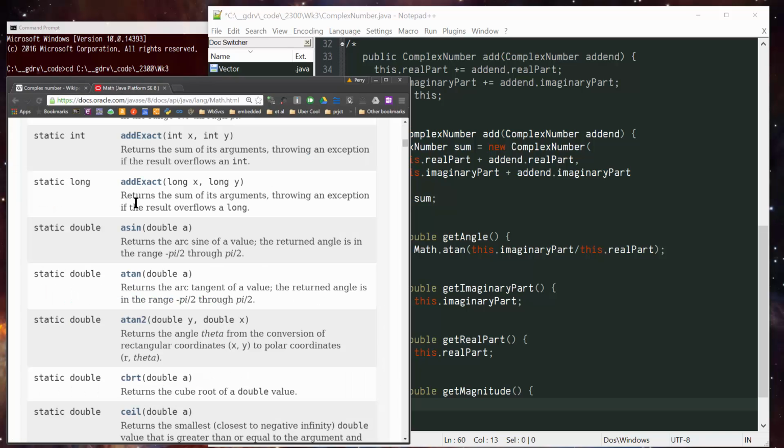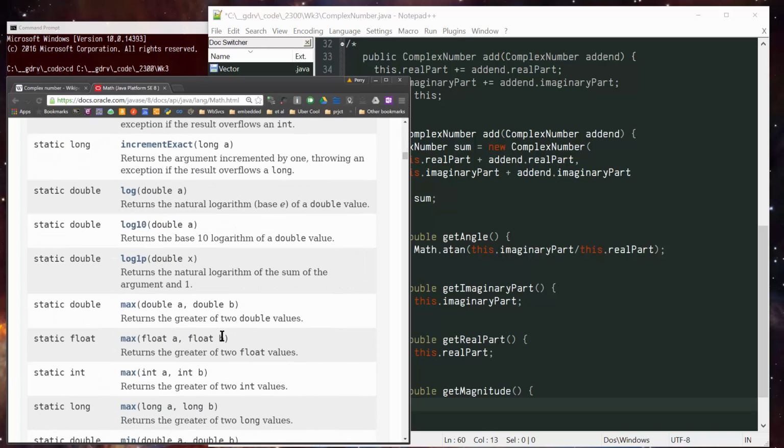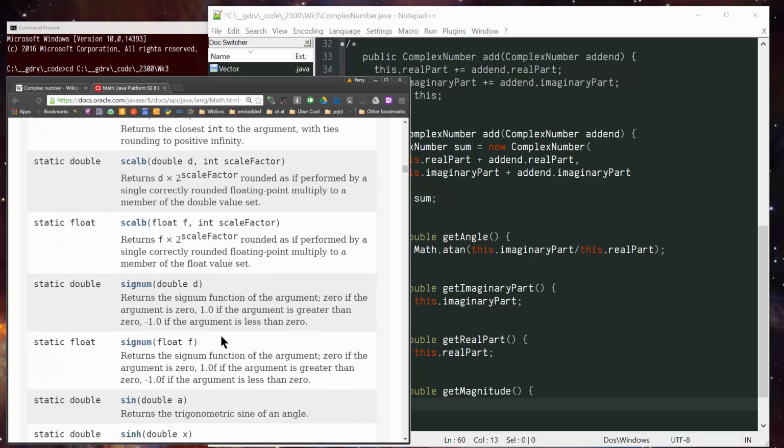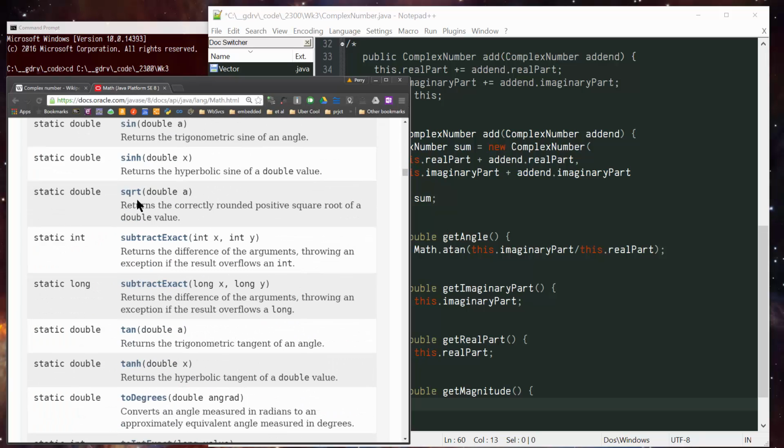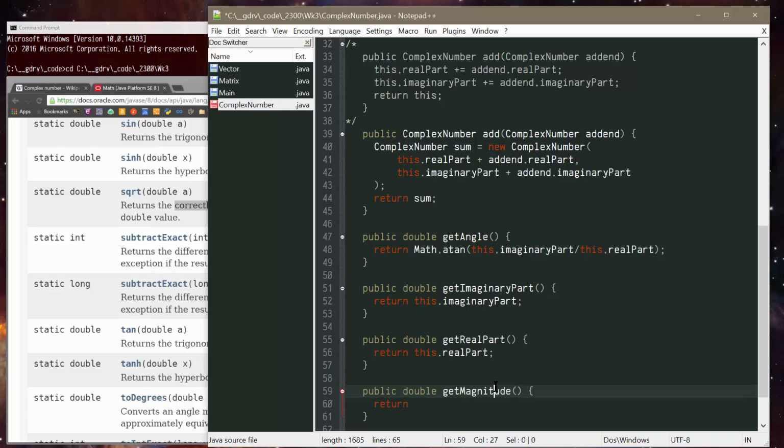So let's go in here, and what we're looking for here is a square root function. I'll bet it would start with an S, so let me just go down a little bit further. And you'll start to learn what's available in some of these things. But look, there it is. Square root of a double. It returns the correctly rounded positive square root of a double value. Sounds good. I'm glad to know it's correctly rounded. I'm not sure what incorrectly rounded means, but in any case, glad to know it's correctly rounded. But it does return, of course, a double, which is what we want. So let's do that. Let's use Math.sqrt. So let's return the Math.sqrt of